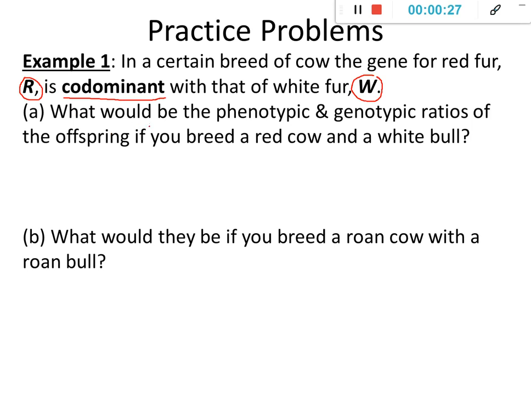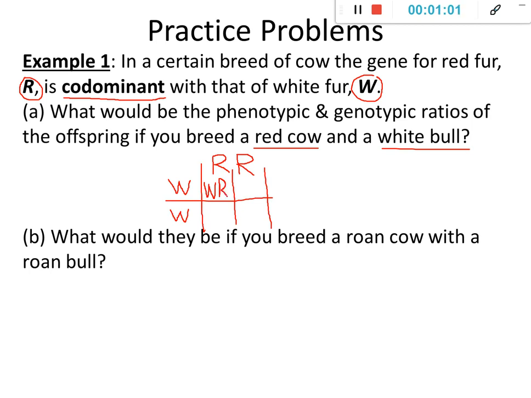The first part says, what would the phenotype and genotype ratios of the offspring be if you took a red cow and a white bull? If you had a red cow, what would make it red is that it has two alleles for red. And a white bull must have two alleles for white fur. So we can set up our Punnett square here, and if we combine these two, we could have our